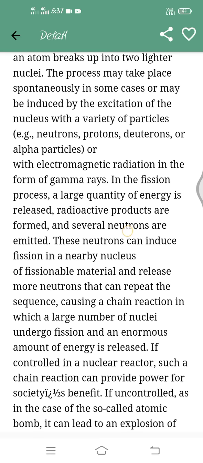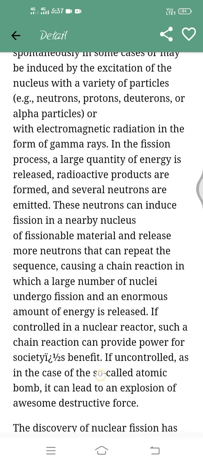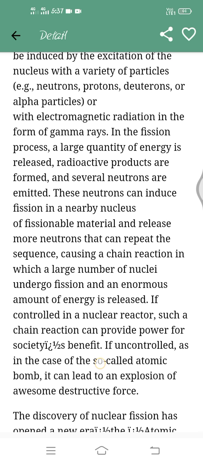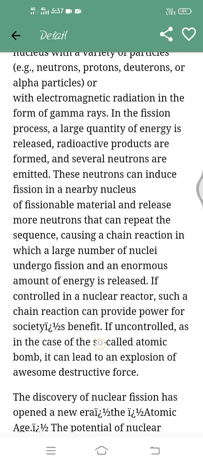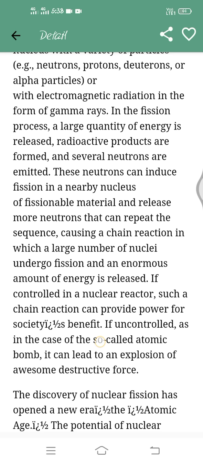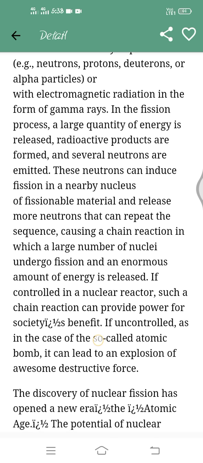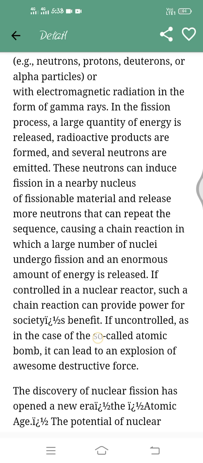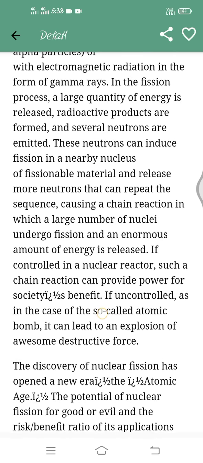The process may take place spontaneously in some cases, or may be induced by the excitation of the nucleus with a variety of particles, neutron, proton, deuteron and alpha particles, or with electromagnetic radiation in the form of gamma rays. In the fission process, a large quantity of energy is released, radioactive products are formed, and several